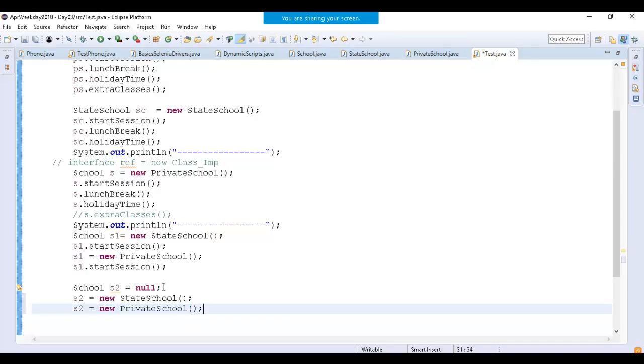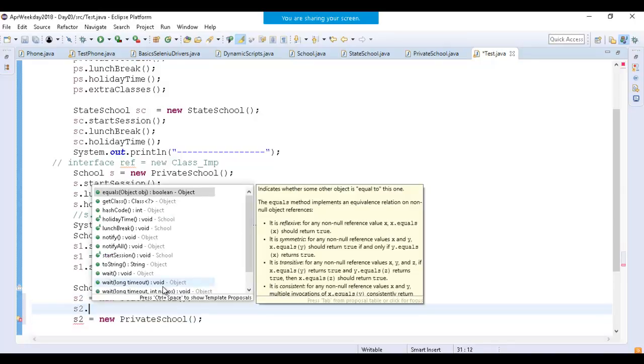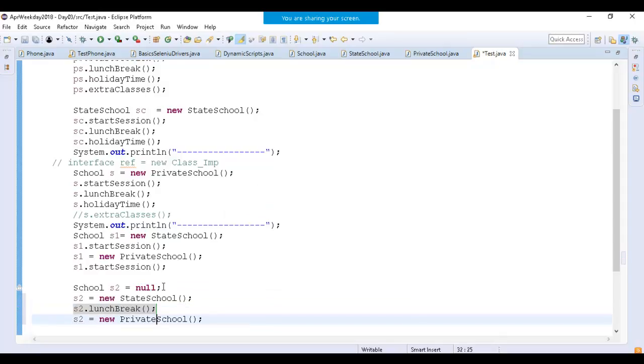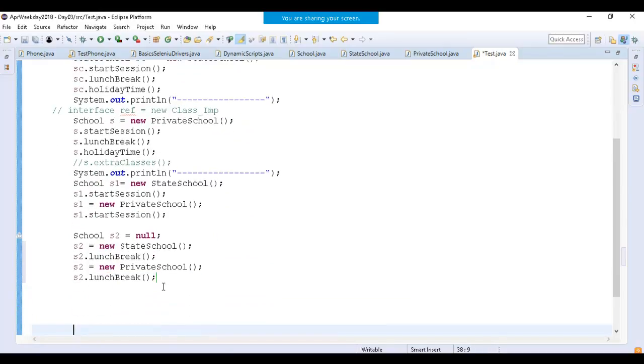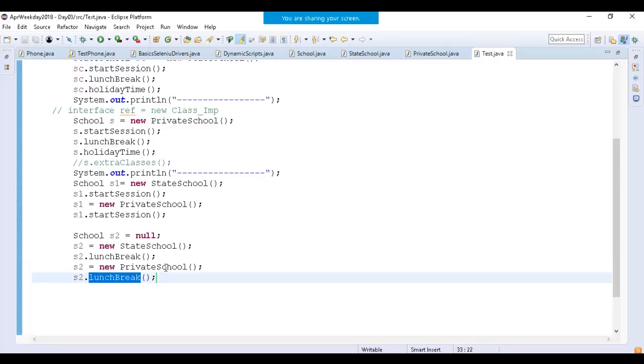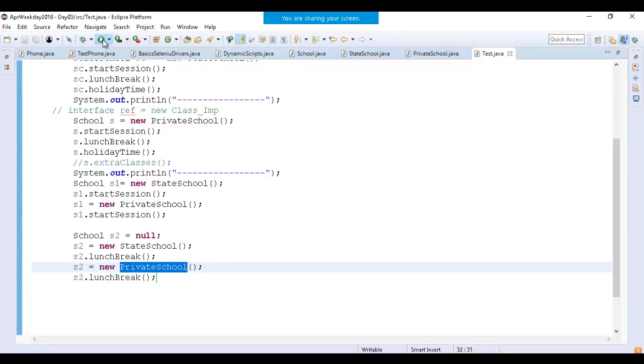Okay, it's my choice out here. So I can write S1.lunchBreak over here and S2.lunchBreak over here. When you write lunch break over here, it will call the function of the state school, and lunch break over here will call the function of the private school. So when I run this,